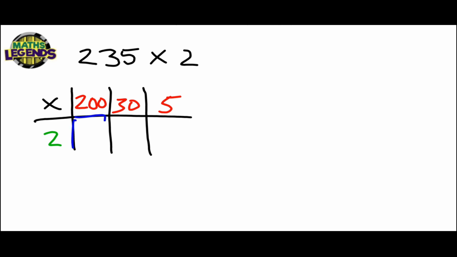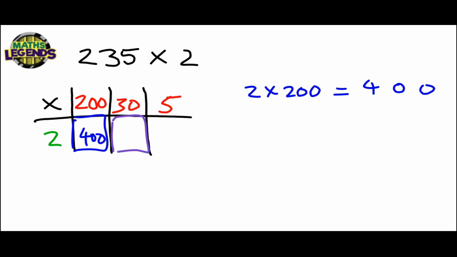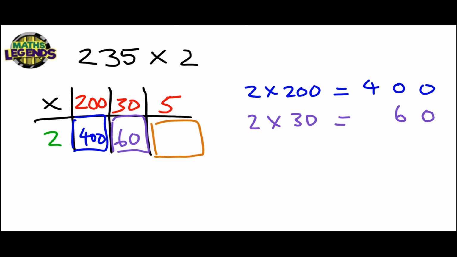So for this box, we're going to do 2 times 200, which is 400. So we just place 400 in here. Then we do the next box. The one in purple is 2 times 30. So we write that down. 2 times 30, which is 60. And we place 60 in here. And we do the last box. 2 times 5,